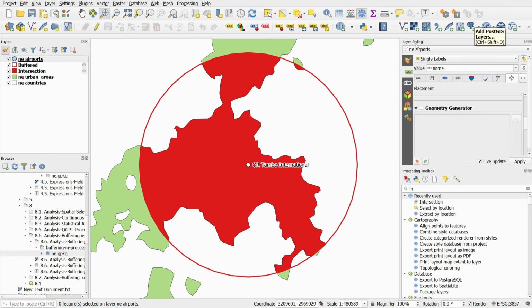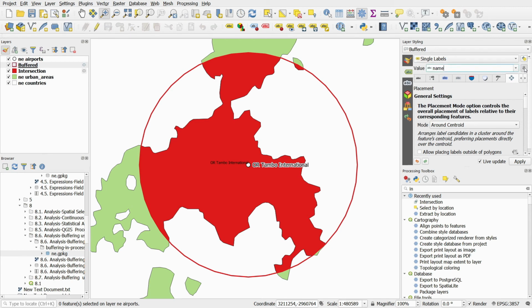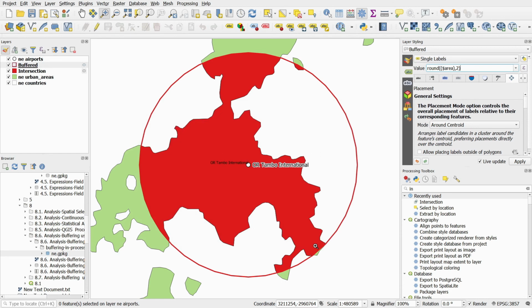That's legible. Next, I would like to add a label for the buffered area for the buffer. So I'm going to go with a single label, and I'm going to open the expression dialog box, and I'm going to build this expression. You can either type it in or copy and paste it from your exercise folder, but this $area will give us the area for the buffer. So I'm going to say OK,